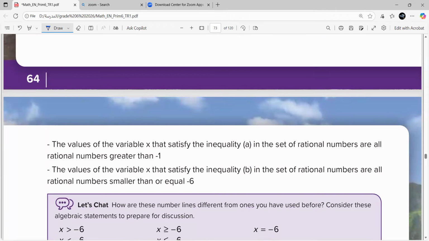And the values of the variable x that satisfy the inequality B in the set of rational numbers are all rational numbers smaller than or equal to -6. Okay,